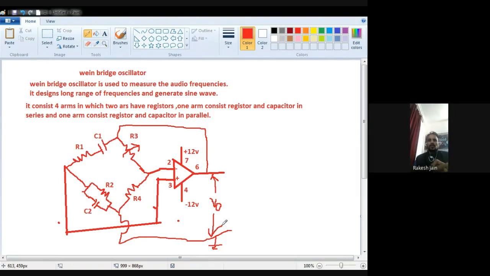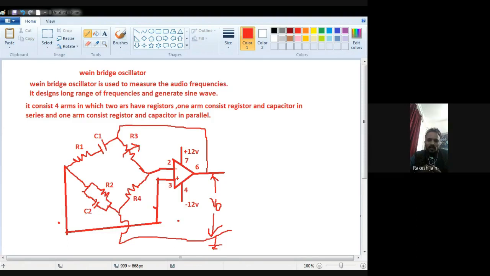So dear student, once again kindly see the circuit carefully. I am talking once again about this circuitry. We are going to design a Wien bridge oscillator which generates sinusoidal waveforms. Here we design the circuit with the help of operational amplifier IC 741, in which the required power supply connected at the 7th pin is plus 12 and the 4th pin is connected with minus VE, that is minus 12 volts.